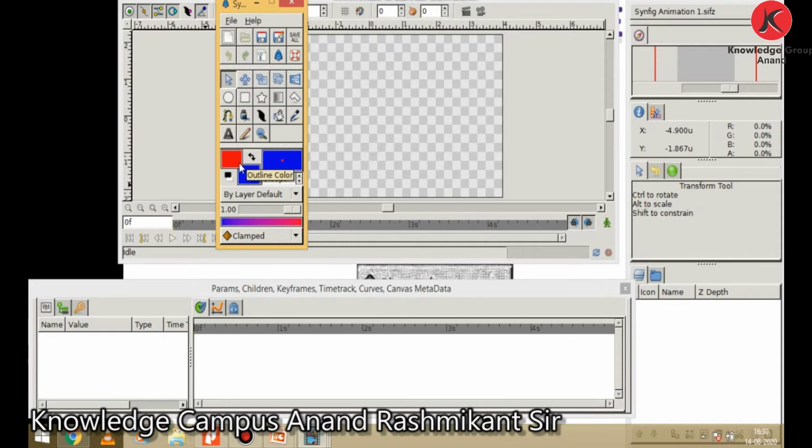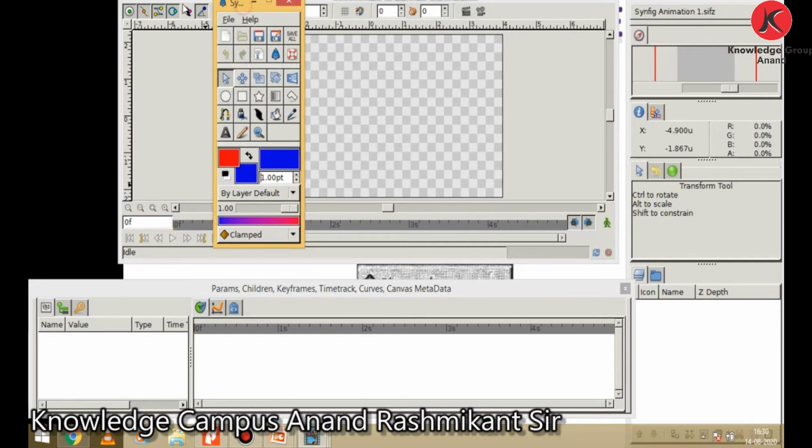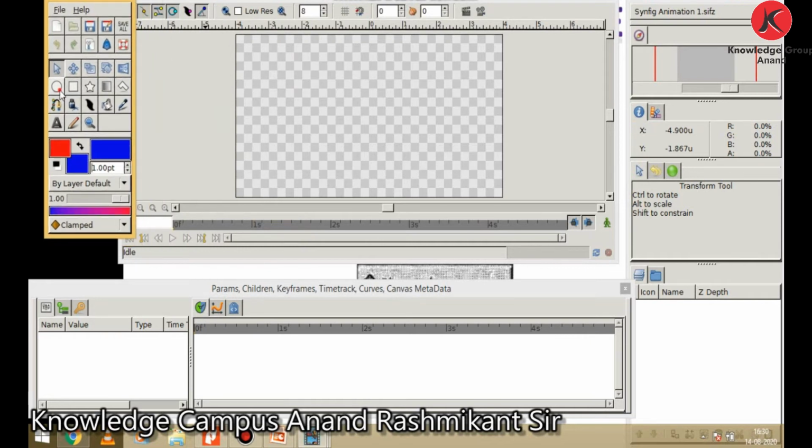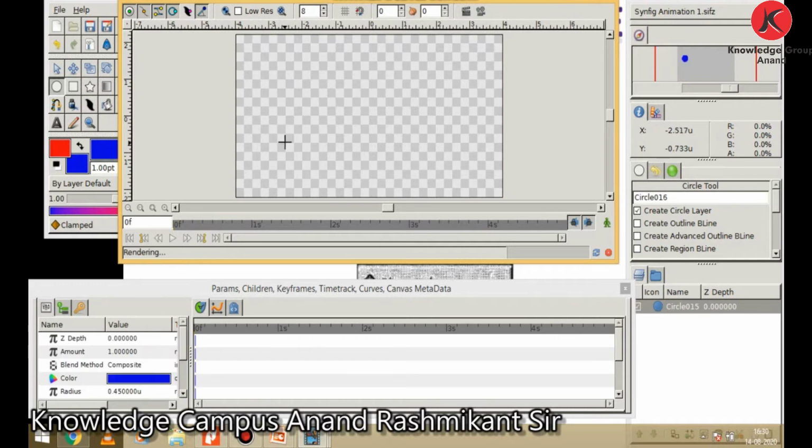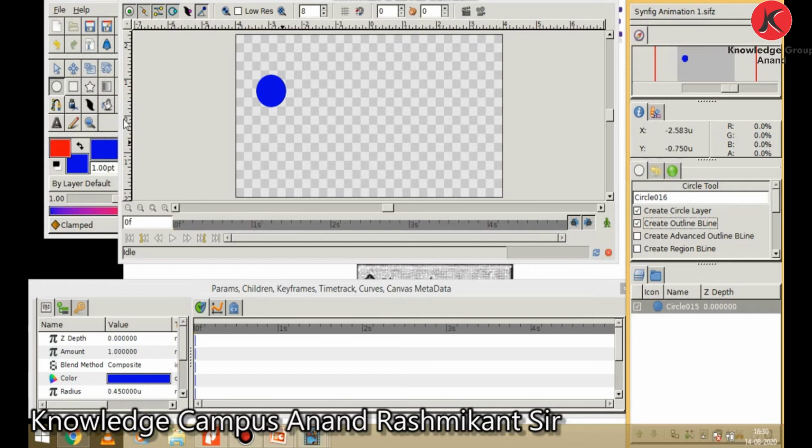Next, brush size. You can see here by default its value is 1. When you draw any object, here I draw a circle, you can see the circle drawn here, and its fill color is blue. You can draw with an outline by using the tool options panel in the vertical panel.